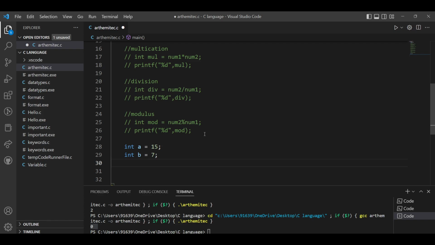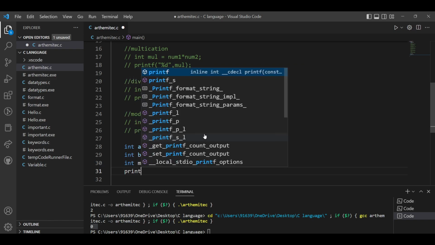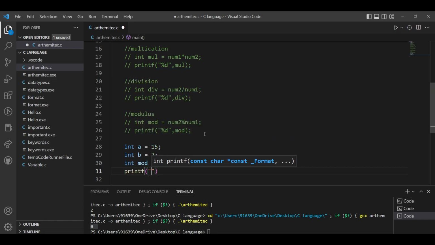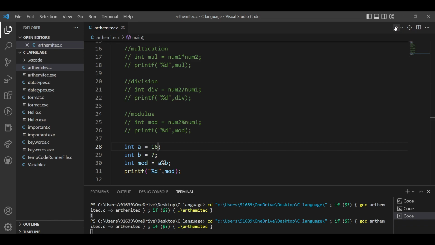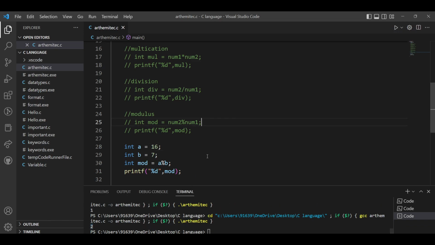If I use the mod, I simply write int mod equal to a modulo b, and print it. So here you can see, if I divide 15 mod 7, we get remainder 1. So here 1 is printed. If I change this value to 16, it gives 2 as the remainder. So 2 is printed. This is all about our